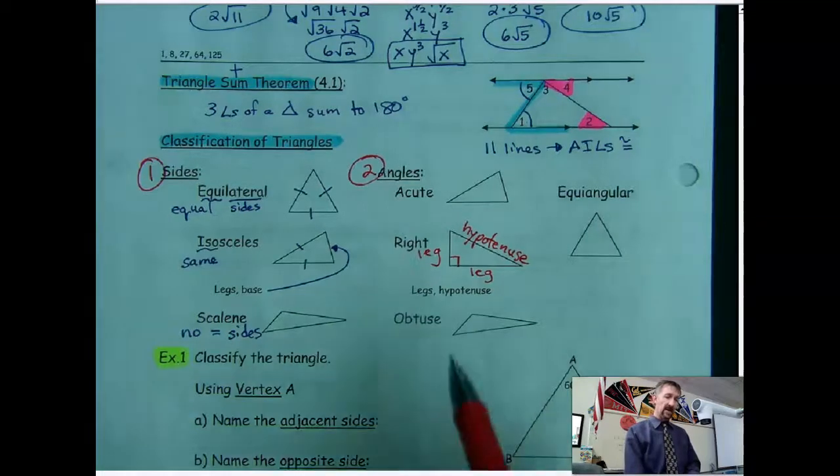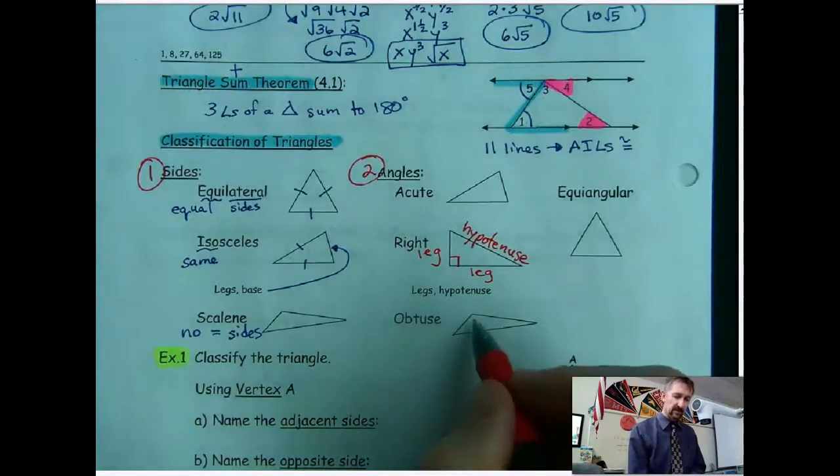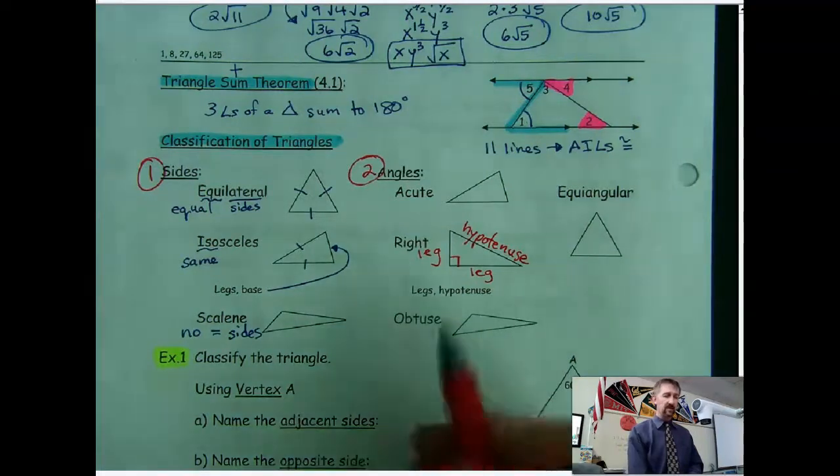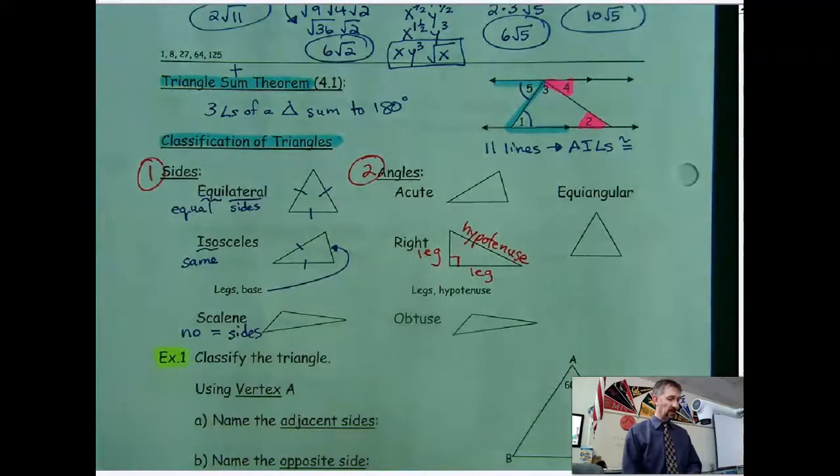And down here we have an obtuse triangle. That just means that there's an obtuse angle. If the angles add up to 180, we can't have more than one obtuse angle. Same reason we can't have more than one right angle. And